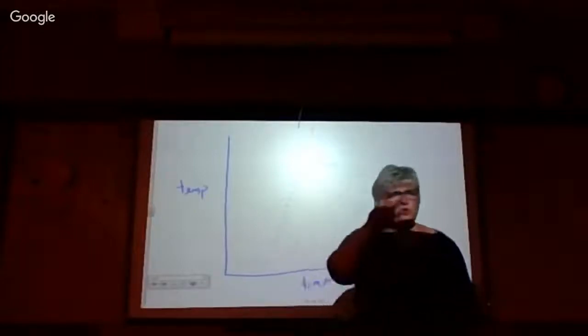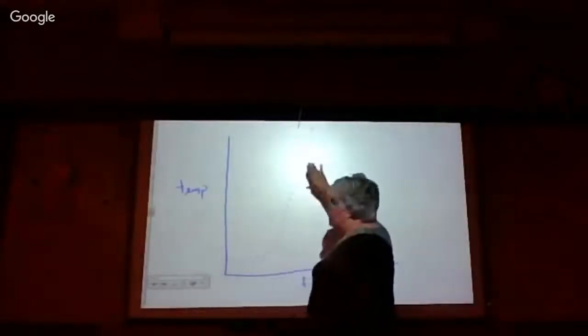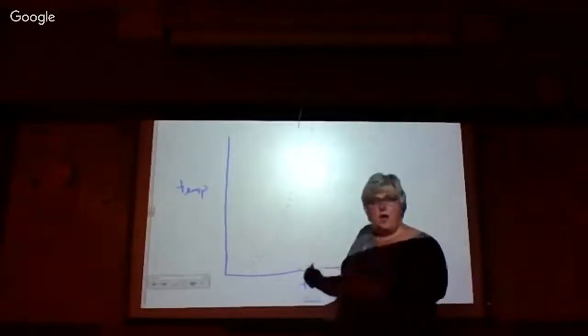So look at your data. Did you see something like that? When you got to the boiling part, did you see it go up and down ever so slightly? Yeah. So we saw that down here, and we saw it up towards the top. So when you plot your data,